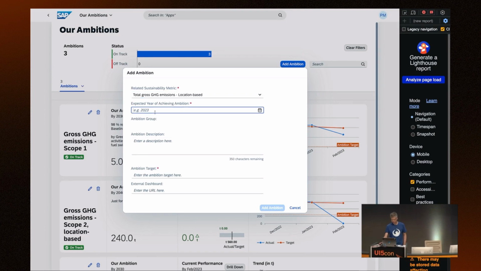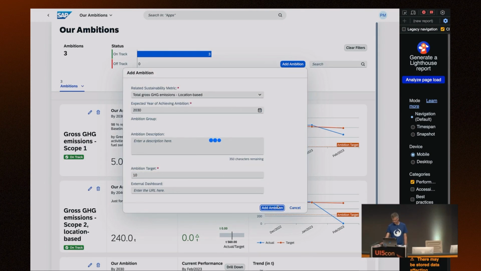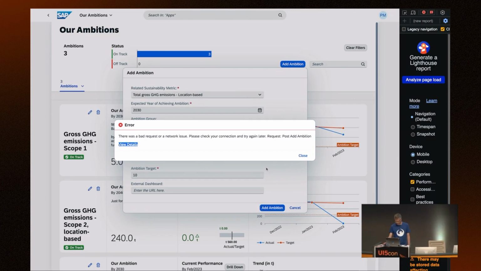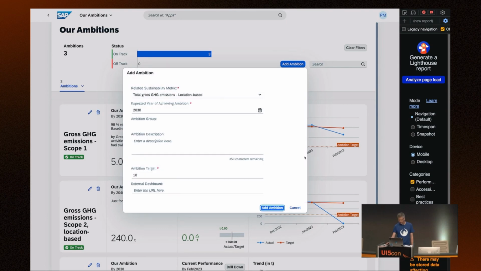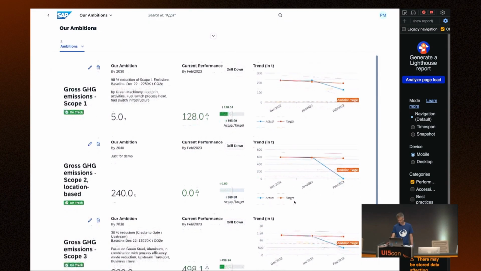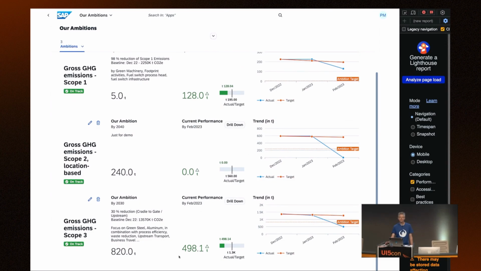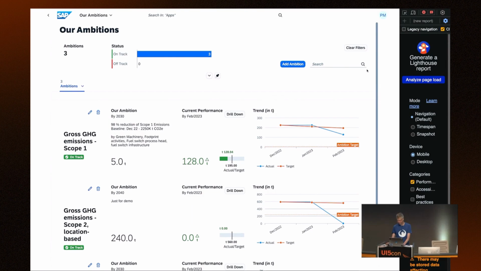And for 2030, we want to reach 10 tons. And then we say add. That's bad. This is the XSRF token issue. But what would have happened is that it shows in this list, and you can also search in the list. Sorry for the security hassles here.